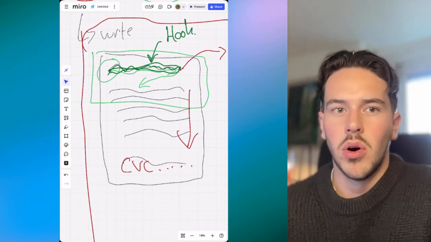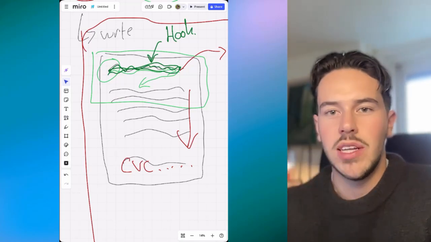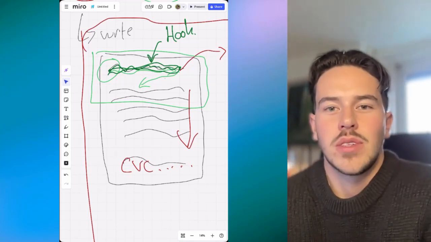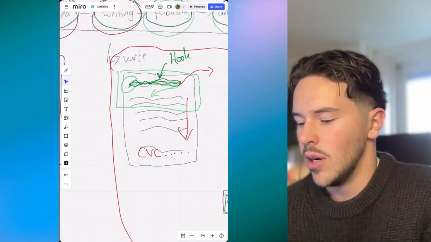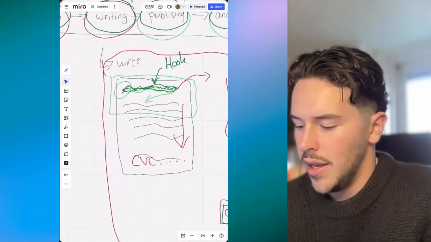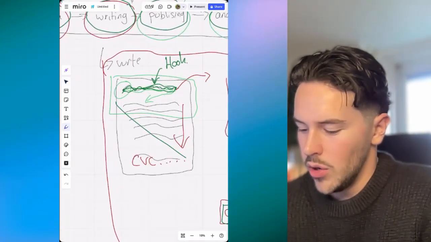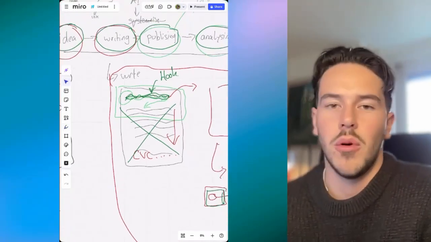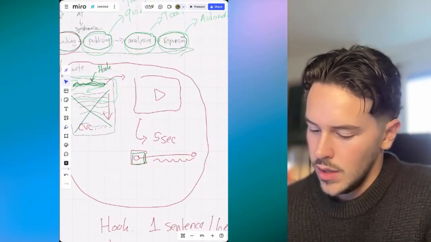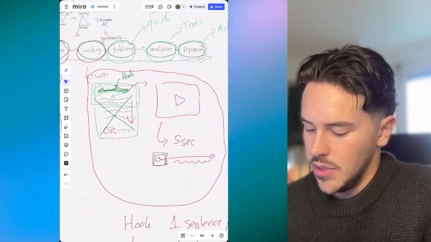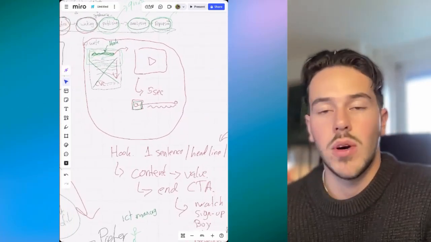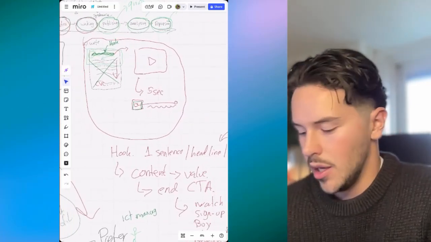But if the hook is super boring, people just scroll through. They wouldn't even read further and see what I actually wrote. So if your hook is bad, don't even bother about writing the rest of it because people won't even read it.